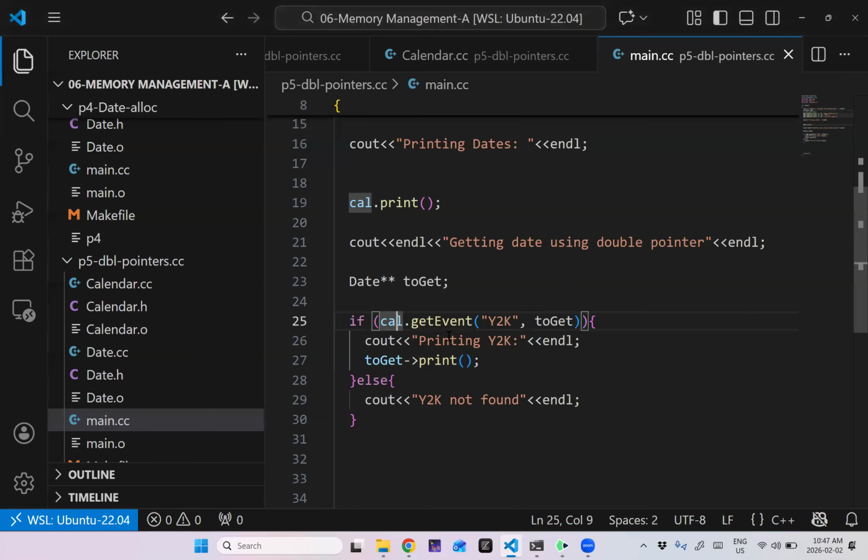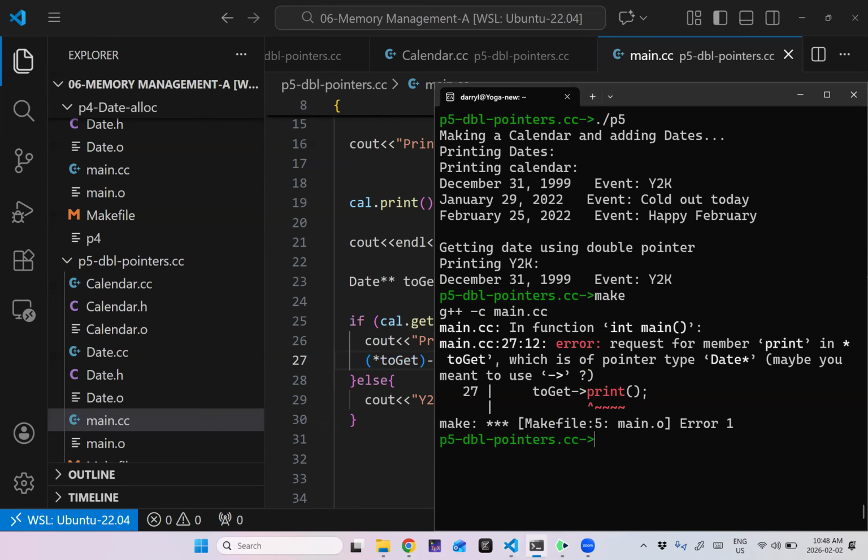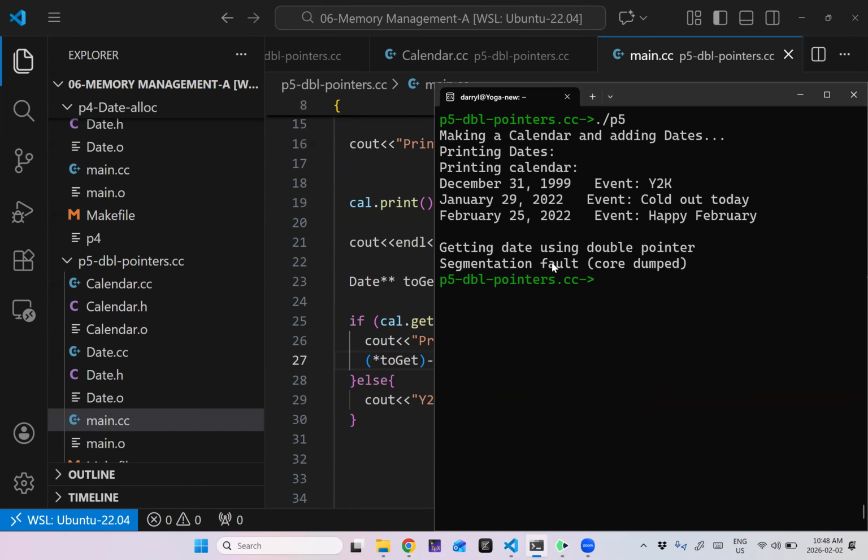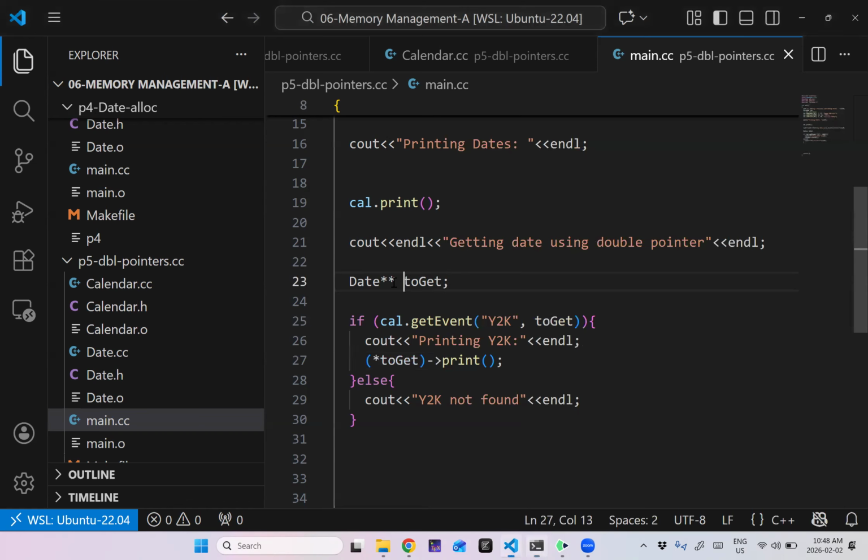Of course, now my to-get print, this is a double pointer, so I have to dereference it. Syntactically, this is all valid, but when I run it, I get a seg fault.